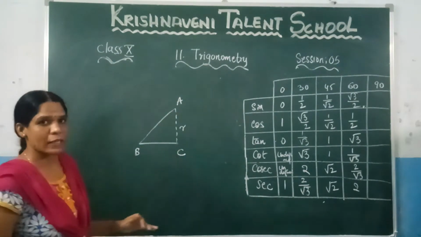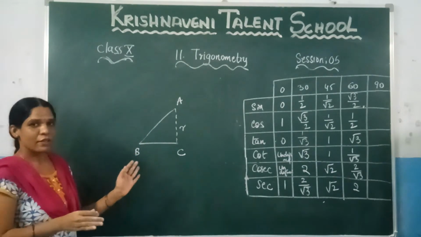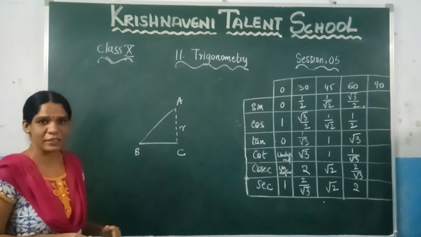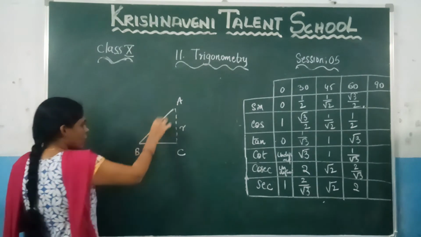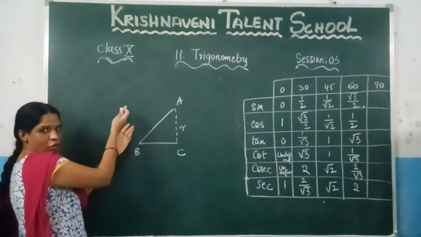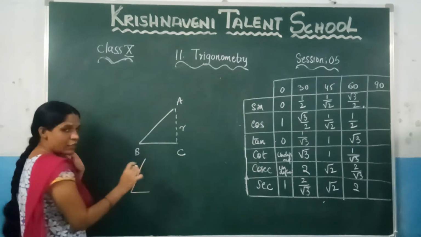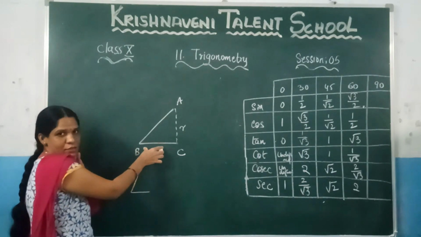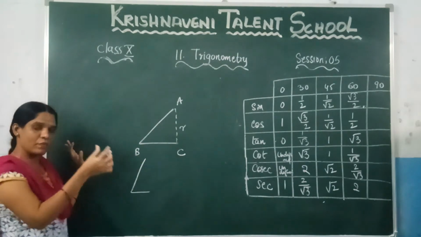Now I am talking about 90 degrees, right? So I need to consider 90. When will you get 90? If the angle is increasing, then you will get 90 degrees, right? Suppose the angle is like this. Now if the angle is increasing, this line will move somewhat forward. So you will get like this. Then what will happen? You will observe that this length decreases, right? The base will decrease when the angle increases. This we have already discussed.